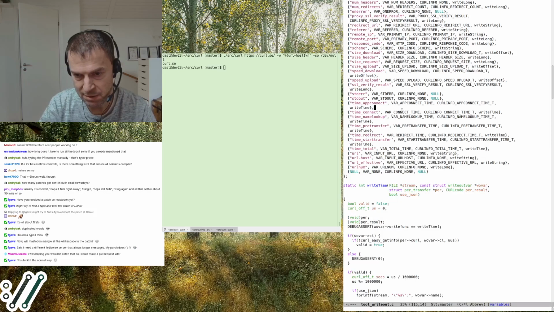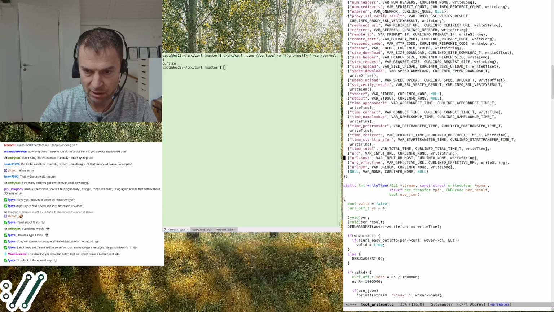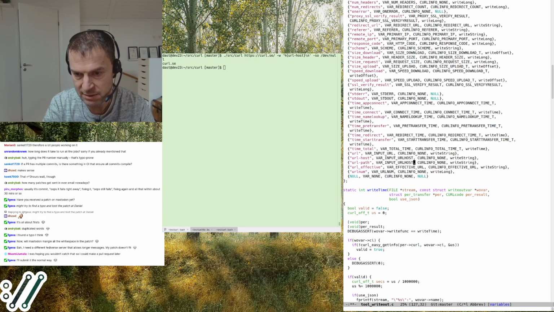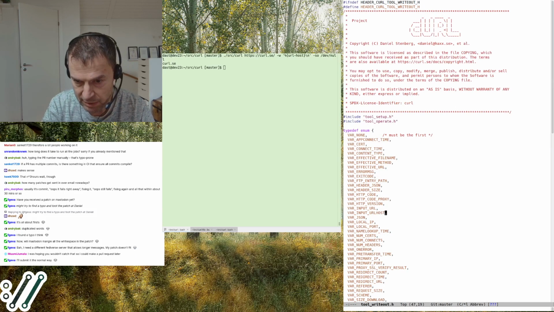So my thinking was that I would create more variables like this, so that I could, for example, do this path as well, and then have a URL path.